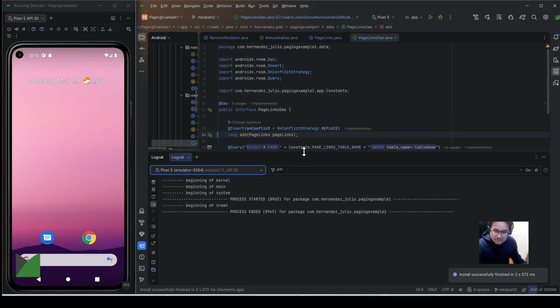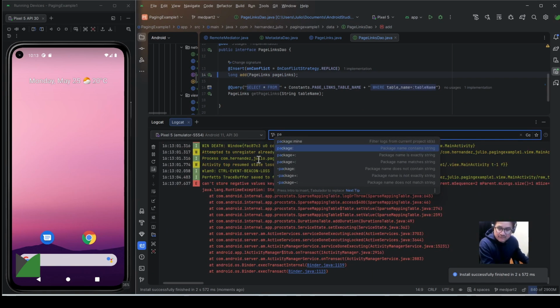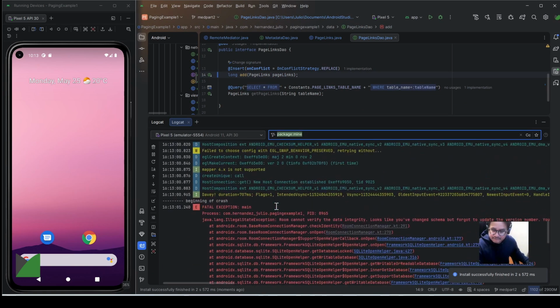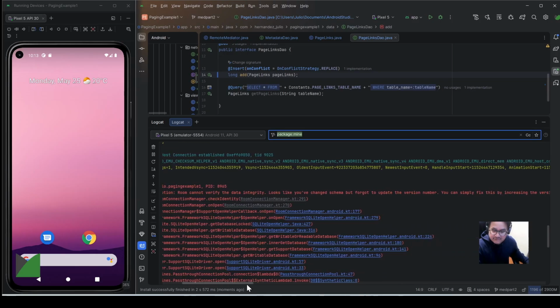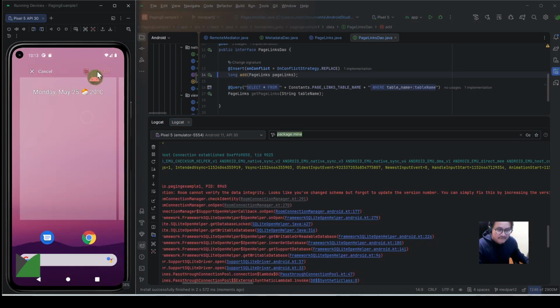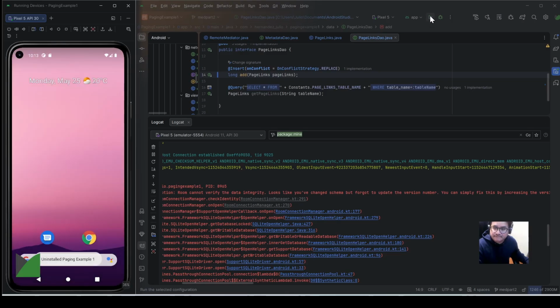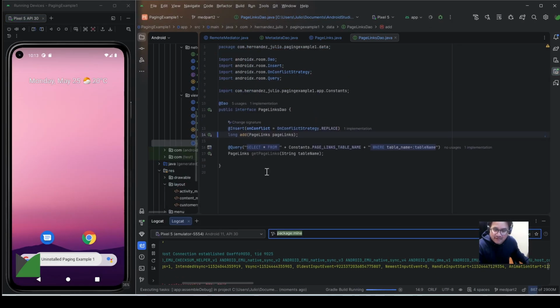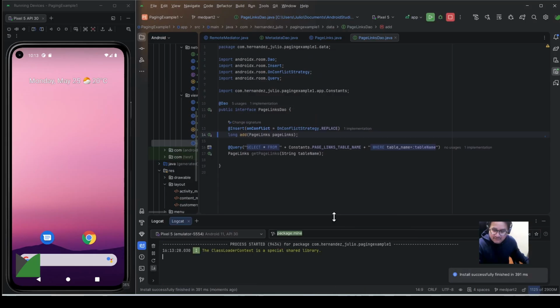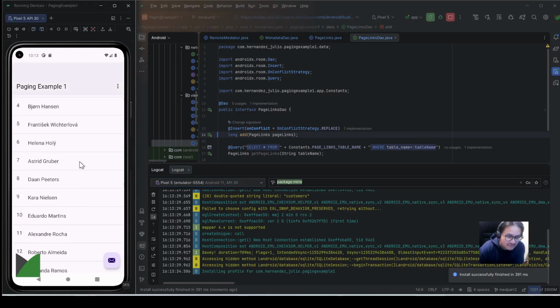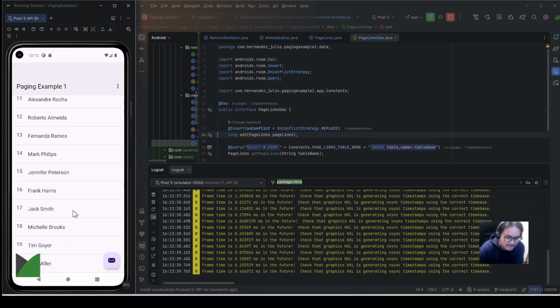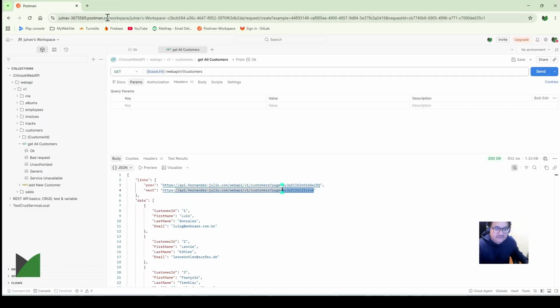There's another error. Room cannot verify the data integrity. Looks like you changed the schema, so I need to uninstall this or change the version of my database, but I am not going to do that. There is no data. There it is. So this is where in the remote server. But here there's an error. My database contains